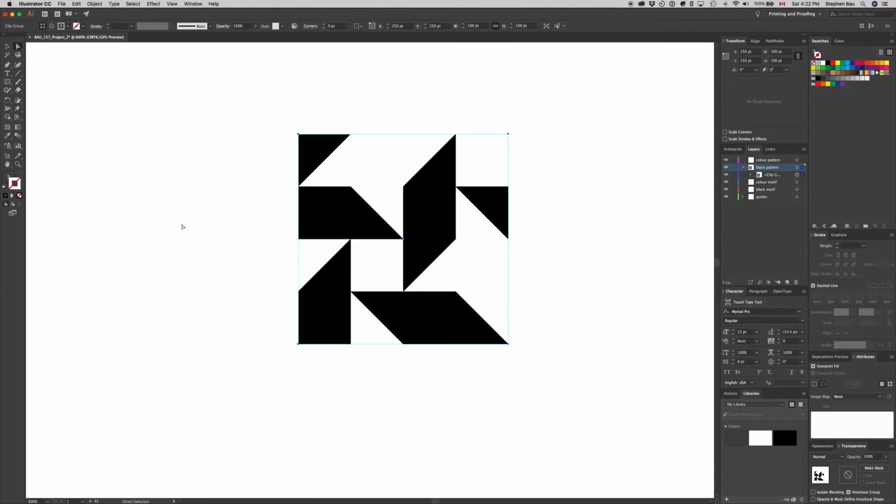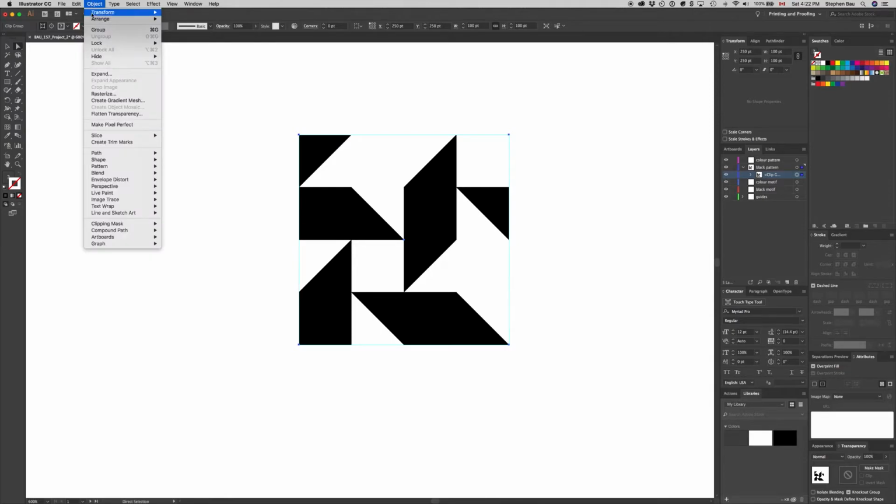So now I've got a pattern that is exactly the 100 point by 100 point square. So now that's created a clipping group. If I now go to the Object menu and select Pattern, Make,